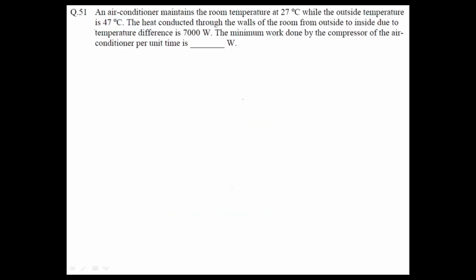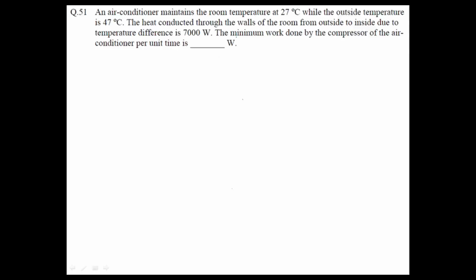Question. An air conditioner maintains the room temperature at 27 degrees Celsius while the outside temperature is 47 degrees Celsius. The heat conducted through the walls of the room from outside to inside due to temperature difference is 7000 watt. The minimum work done by the compressor of the air conditioner per unit is dash in watt. So this question is basically from thermodynamics, and they have asked us to find the minimum work